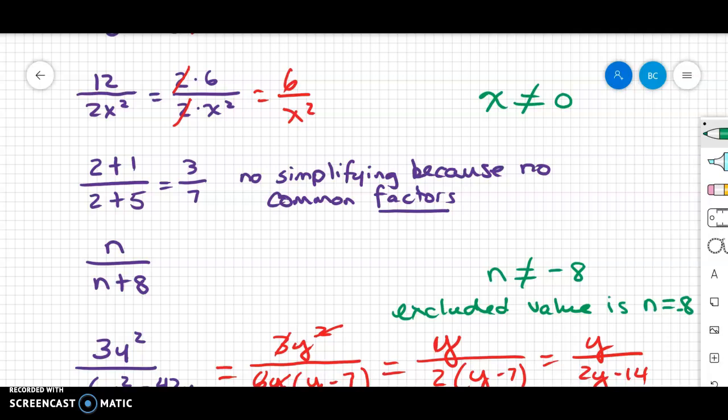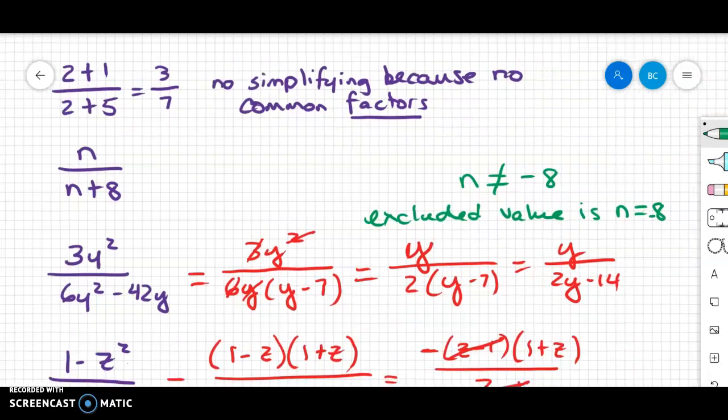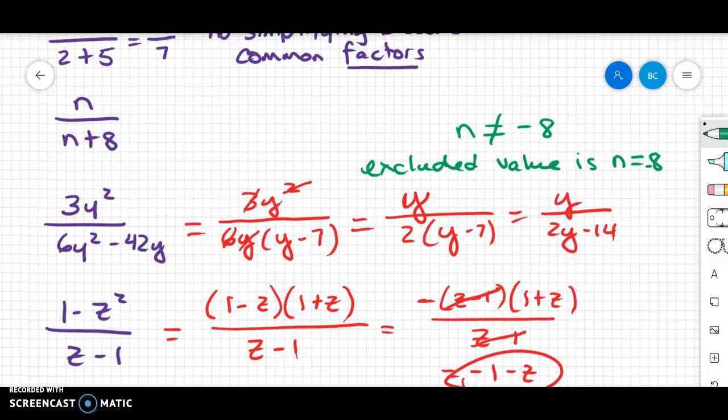The book actually usually writes this whole sentence out. The excluded value is n equals negative 8. I usually write n can't equal negative 8 because it's easier. But you'll see that both ways. On this next one,